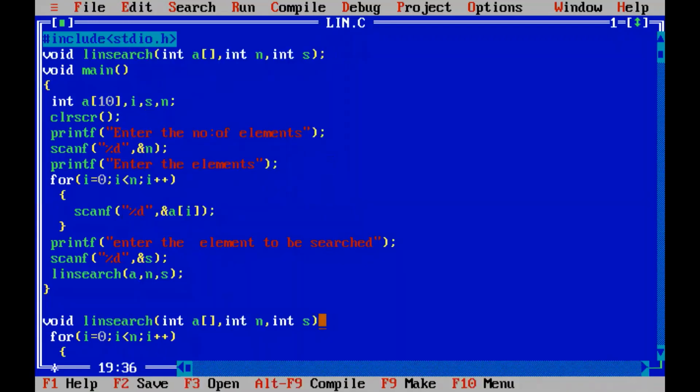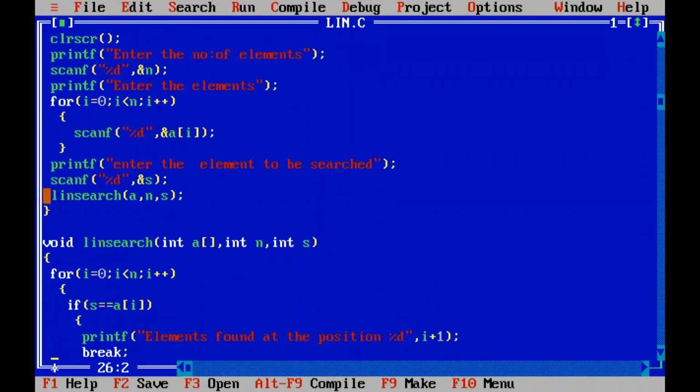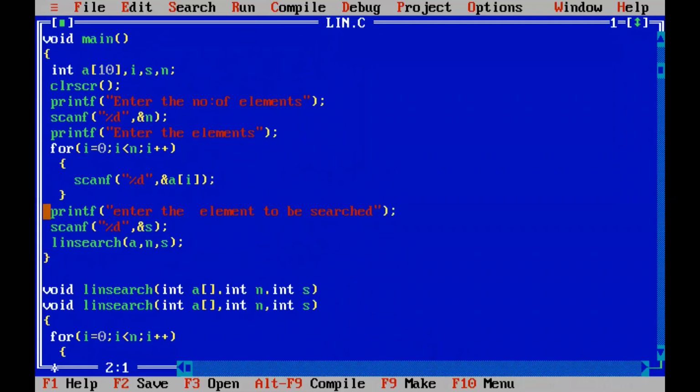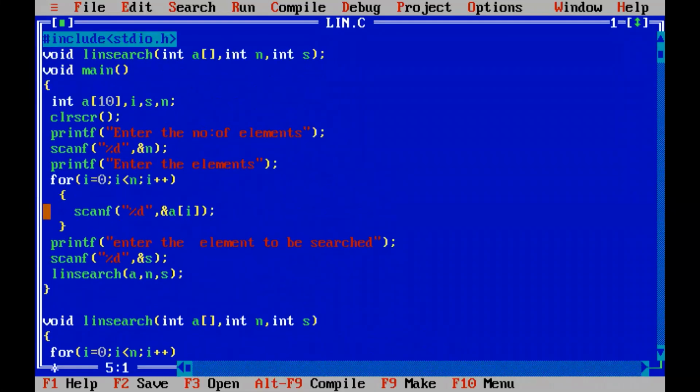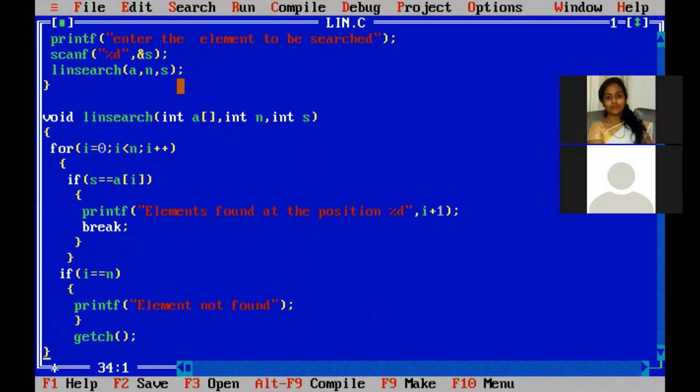So here we copied the function header for the function definition, and as we have finished the main over here, we have to close the main. Understood? Main starts from here, the curly bracket starts from here, and then we have stopped it here, and now the remaining thing we are bringing under the linear search function. Got it? Now there are two functions, one is main, the second one is linear search. The remaining things, that is, searching all the elements one by one with the search key, is done in the linear search function definition.